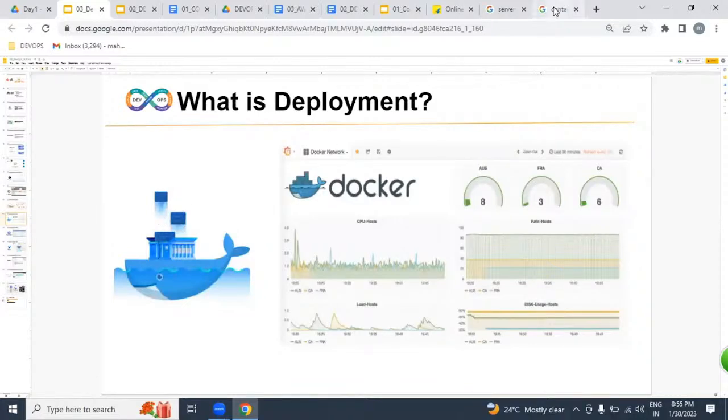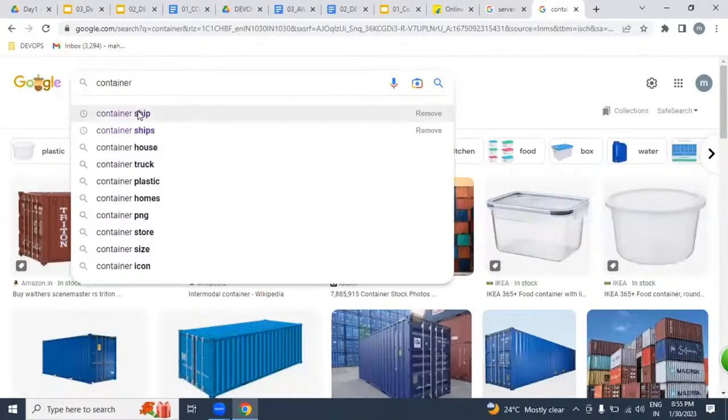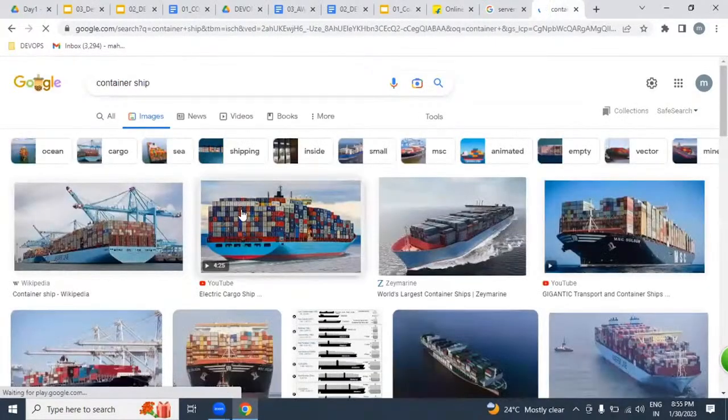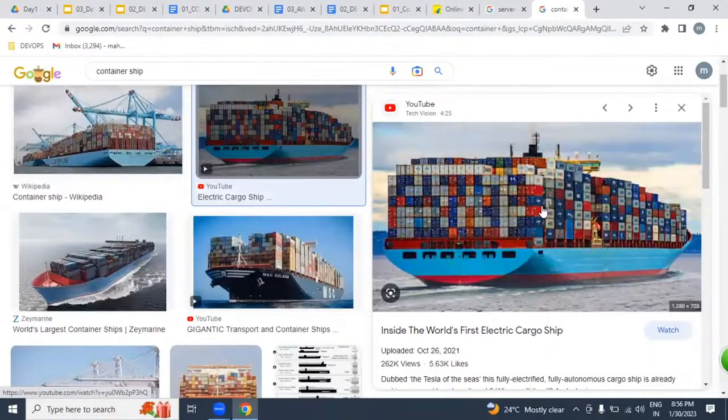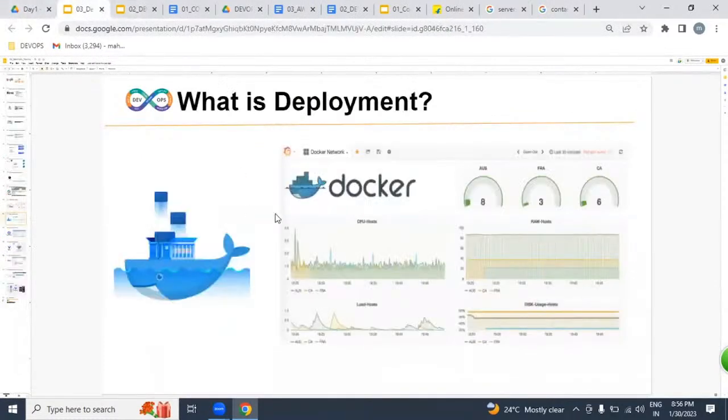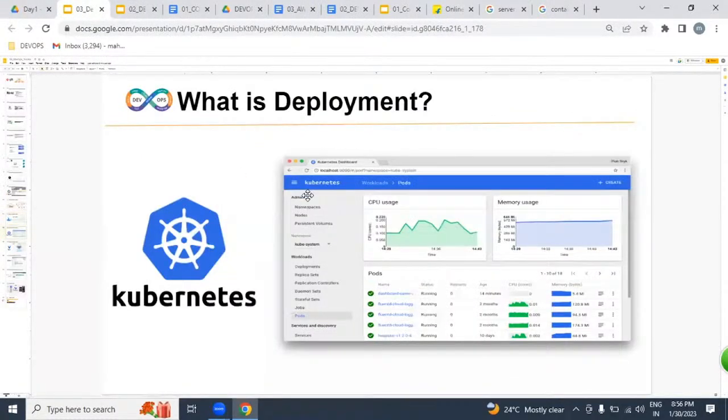But how exactly are these containers managed? By the help of a ship. How many containers does a ship carry? So these are all containers managed by the ship. The same way, these containers are managed and controlled by Kubernetes. Understood? Still, if you don't understand, don't worry. We're going to be discussing Docker and Kubernetes for 1 month, more than 1 month. Those days you will definitely understand this very clearly.